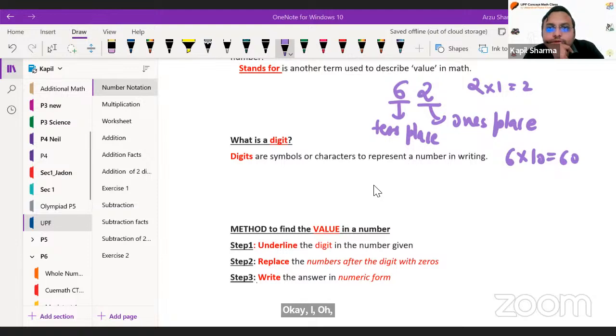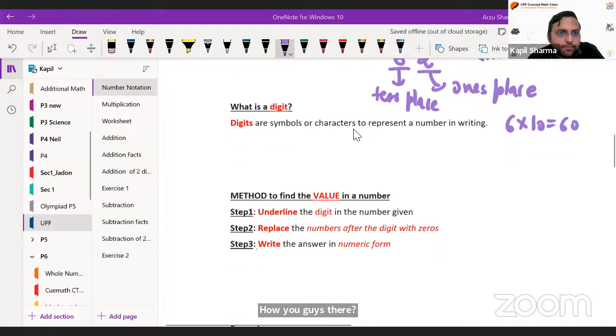Fine. Gauravi, Neetu, Parth, Prachi. Are you guys there? Okay, anyway, so now let's